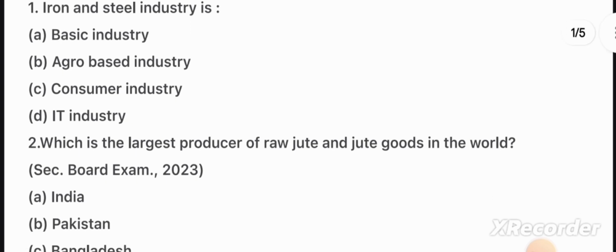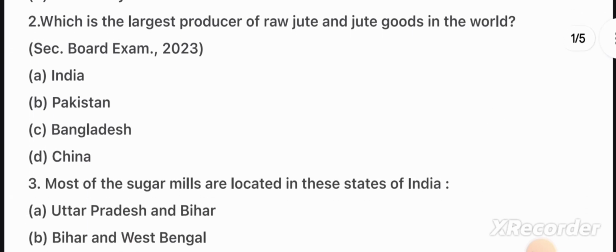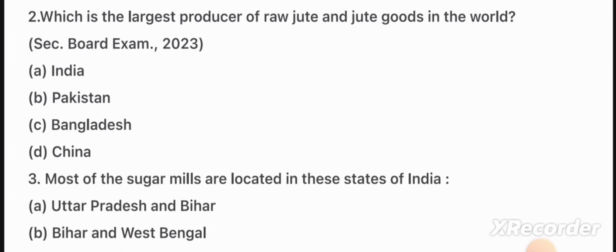The first question is: iron and steel industry is A. Basic industry, B. Agro based industry, C. Consumer industry, and D. IT industry. Question second says: which is the largest producer of raw jute and jute goods in the world? A. India, B. Pakistan,